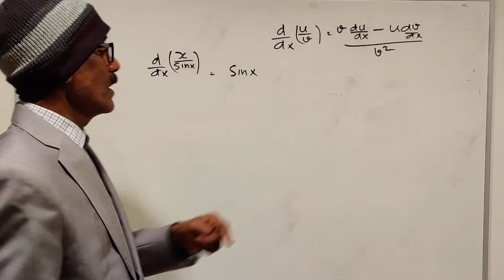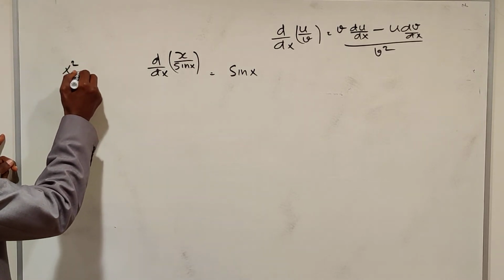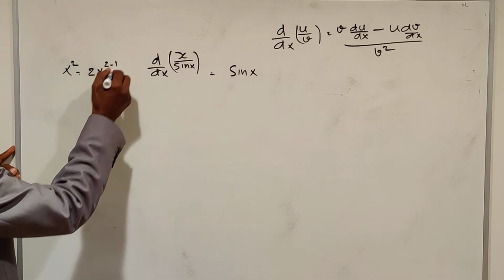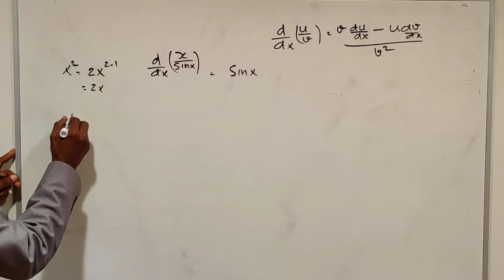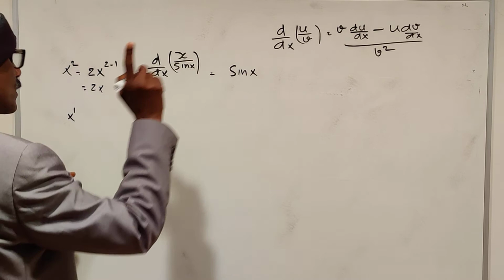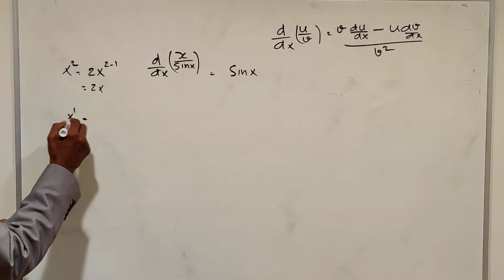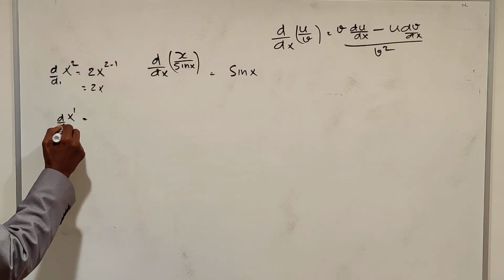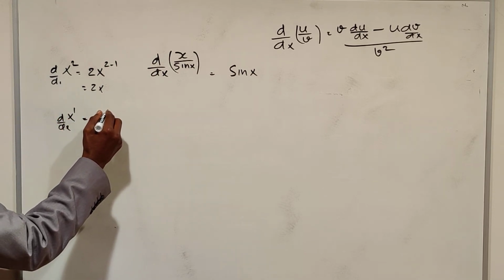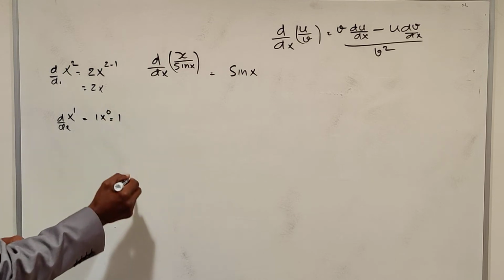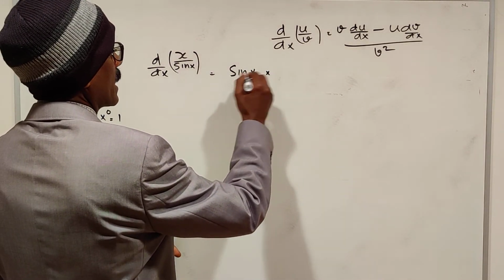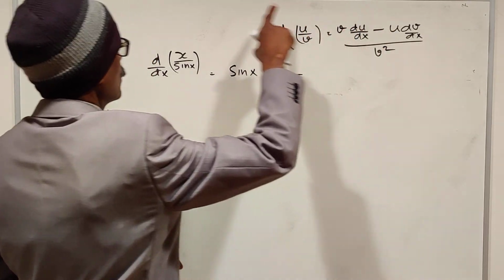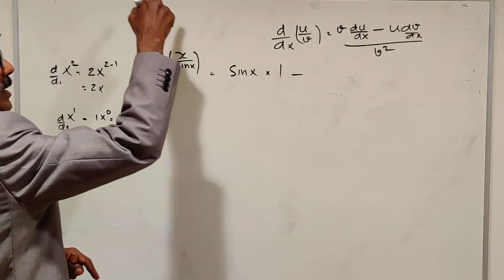What is the derivative of x? x means x to the power 1. The derivative of x to the power 1 is 1 times x to the power 1 minus 1, x to the power 0. That is 1. So sin x times 1